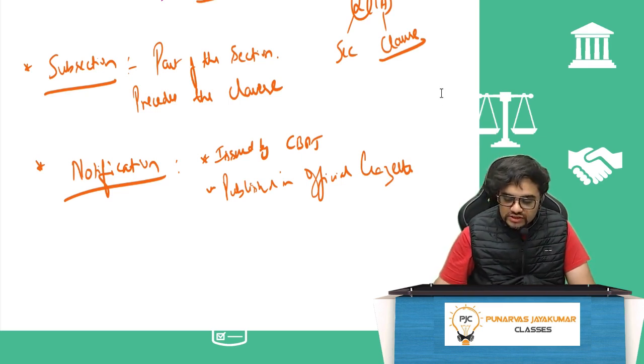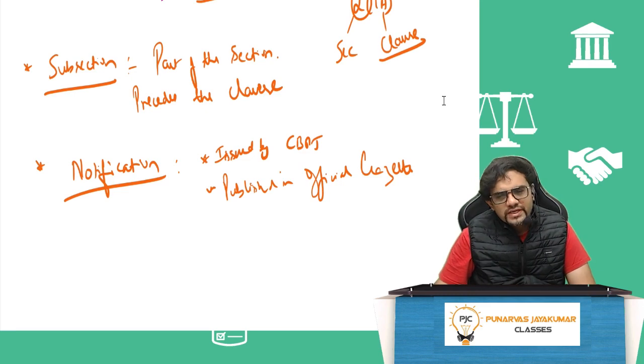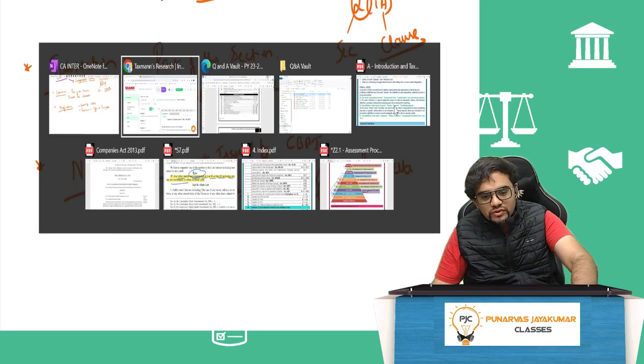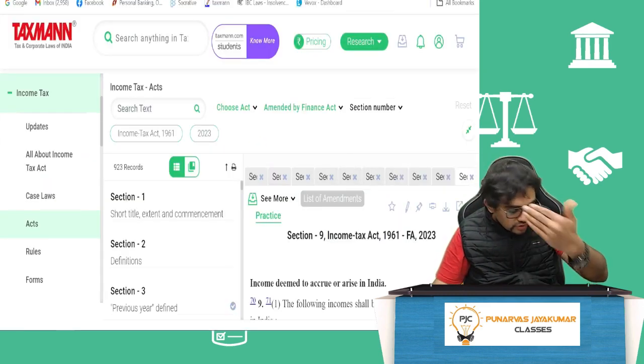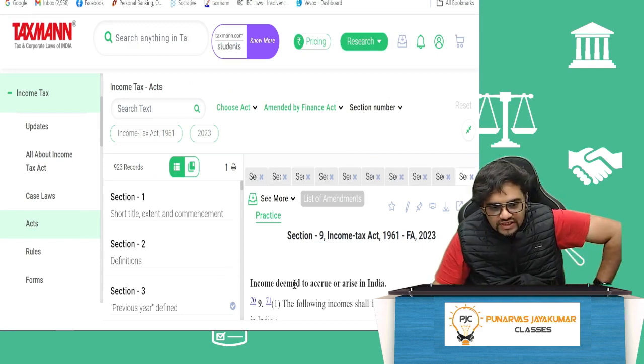And rules. The rules also are framed by whom? CBDT. CBDT has the power to frame rules. So guys, even the power to frame the rules should come in the Act. So if you see section, in our